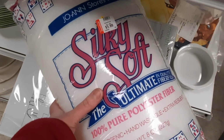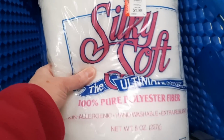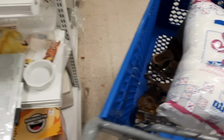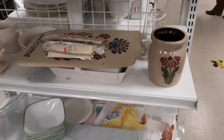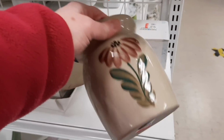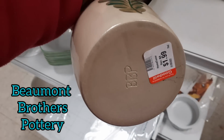I've mentioned before that I use this in my packing. I would use it on that cracked egg vase. I wrap it around the little delicate pieces, and I've recently run out of some, so I decided to pick that bag up. And then I liked the look of the flower on this crock, and it turns out it's